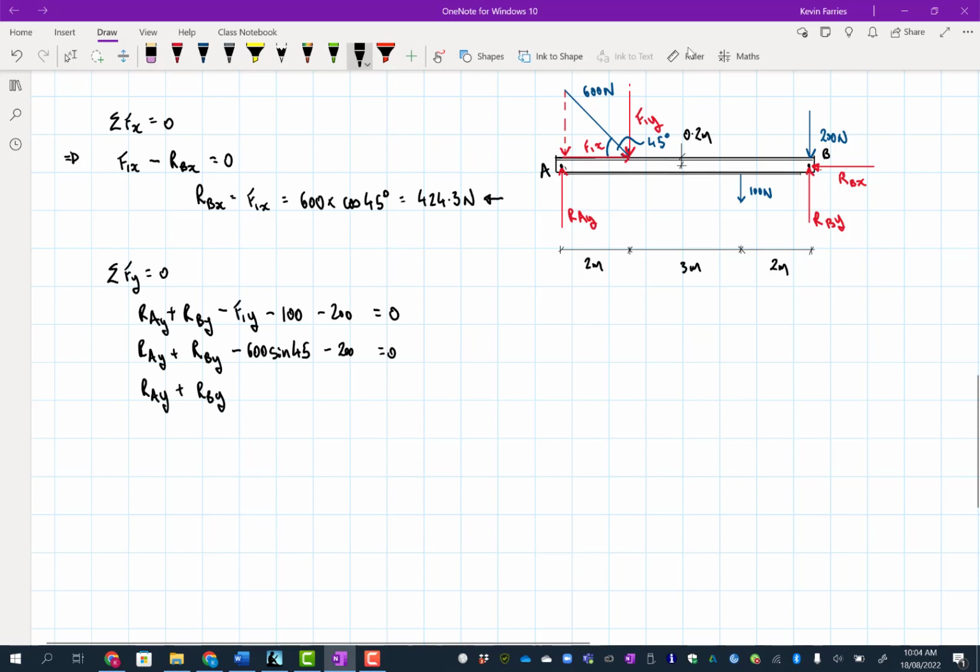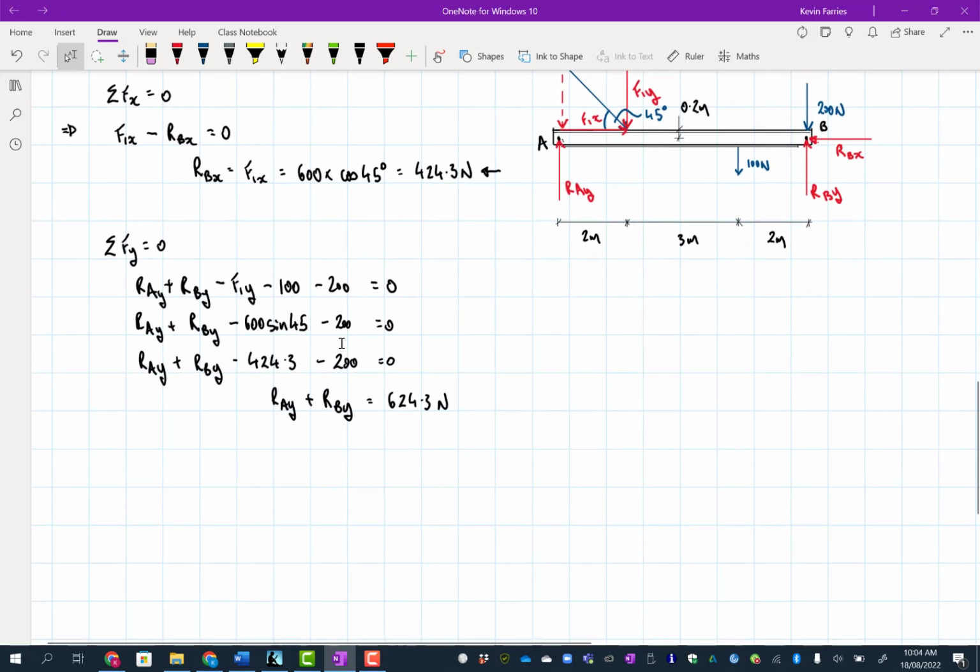So RBY minus 424.3 minus 200 is equal to 0. And then we've got RAY plus RBY is equal to 624.3 newtons. Coolio. Now we can't solve that. One equation, two variables, can't solve that at the moment. But we've got one more weapon in our arsenal,